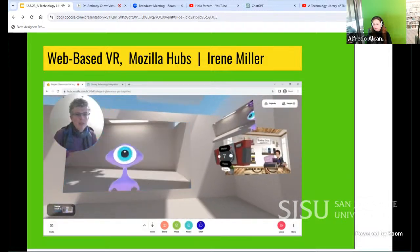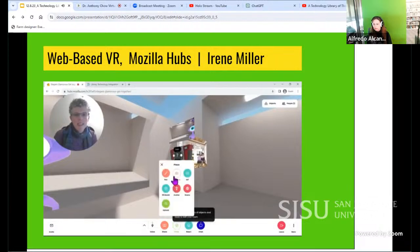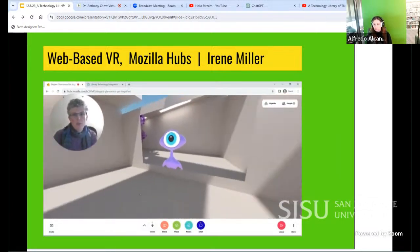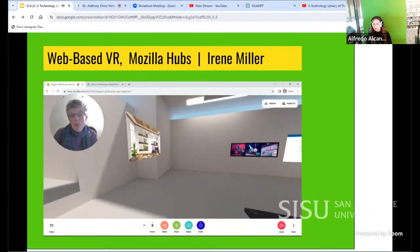Oh, I fill that beautifully. Excellent. I'm going to go back to place again. Put the camera away. But you can see there's lots of different things that you can put in this room and really make it your own. And you can have multiple people painting multiple things, like their own artwork or their own ideas,